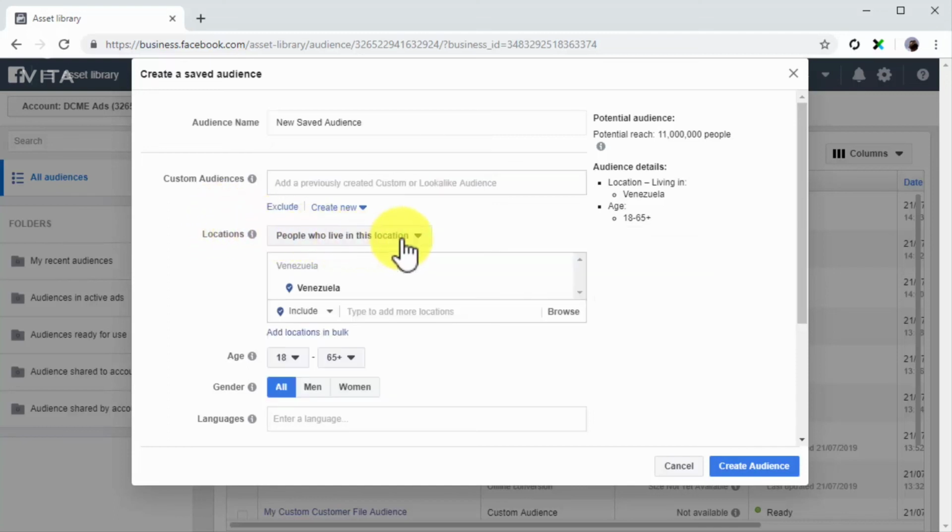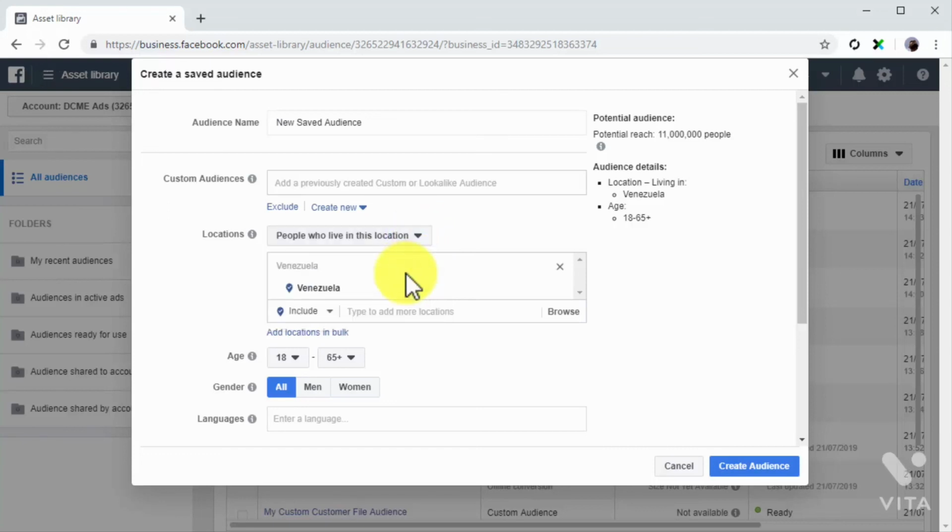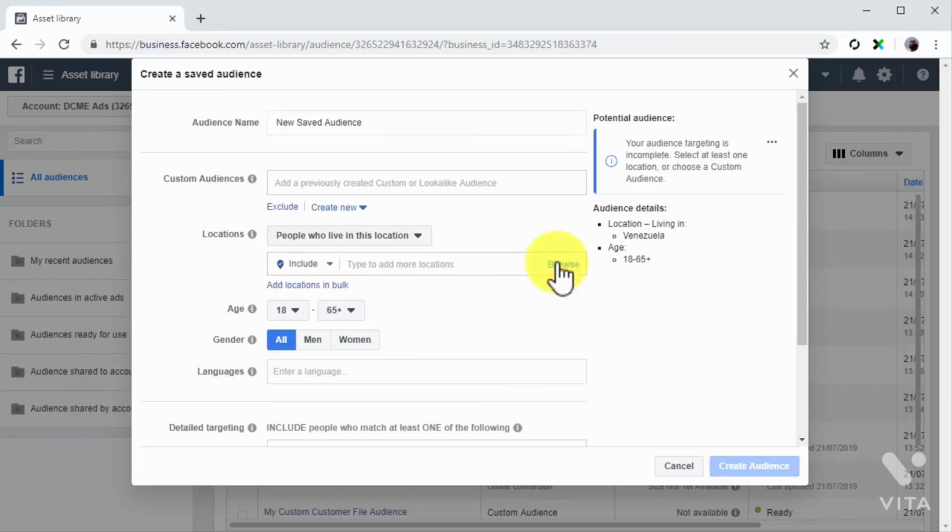You have to start by selecting a location criteria. You can select everyone in this location, people who live in this location, people recently in this location, and people traveling in this location. This criteria will depend on your objective. After selecting your criteria, you have to select your target locations. To do this,